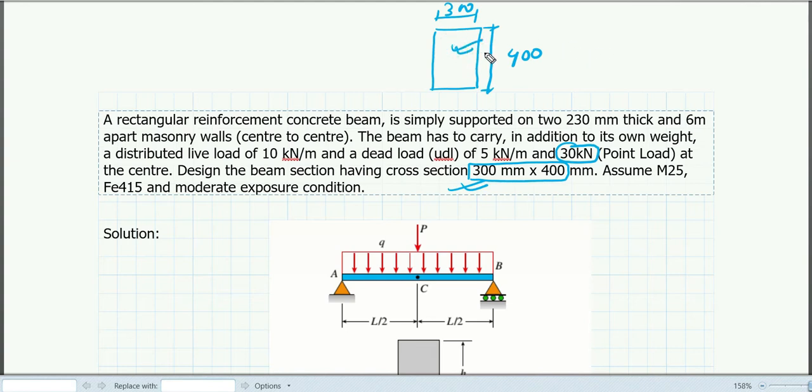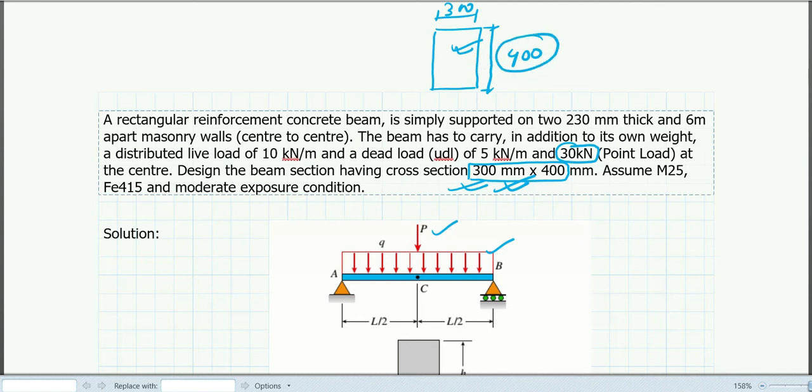So what is another way of taking the extra moment that is coming? In the case of a singly reinforced beam, the moment acting on the beam for, suppose, UDL and point load, can be taken by considering different dimensions of the beam. But here, as the dimension is restricted, you have to take some other measures so that you can take that extra enhancement in the loading.